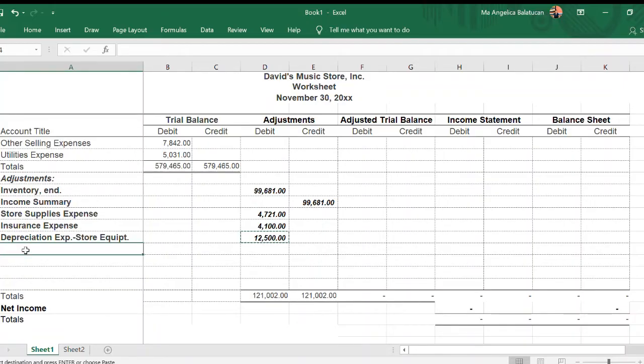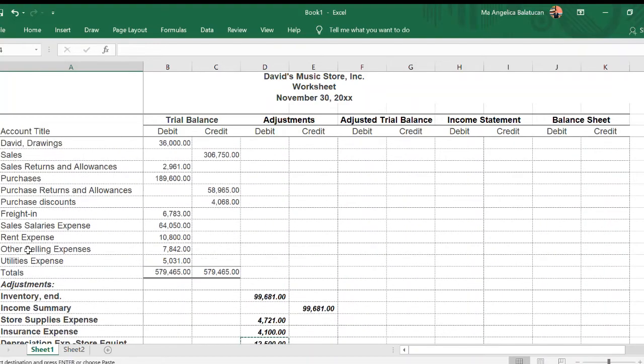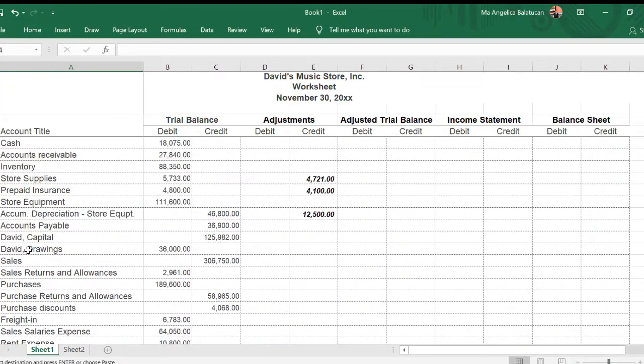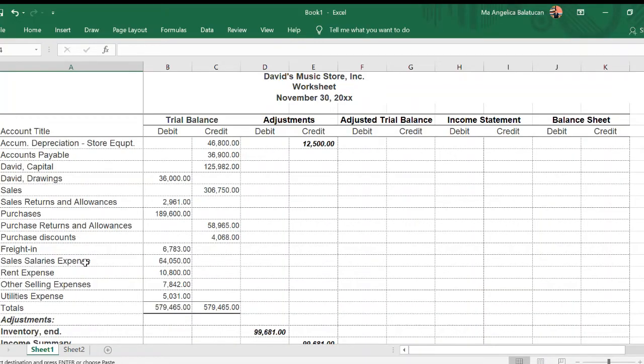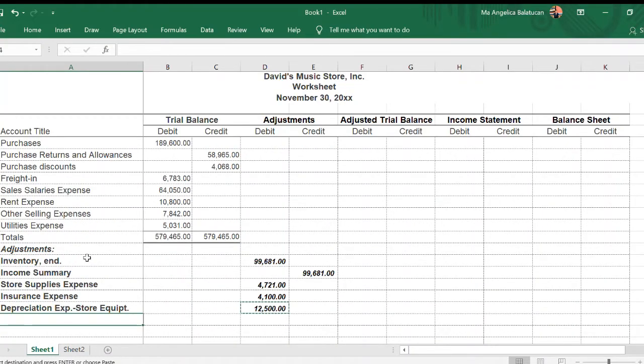Next, you have sales salaries payable. So let's check if there are already accounts here for the sales salaries payable. So there's no sales salaries payable, only accounts payable. And you have here sales salaries expense. So sales salaries payable is 2,410. So this is the accrued portion, meaning it's already incurred but not yet paid. So we will be debiting sales salaries expense 2,410. But since we already have the account here, just extend it or write it on the debit side, and then